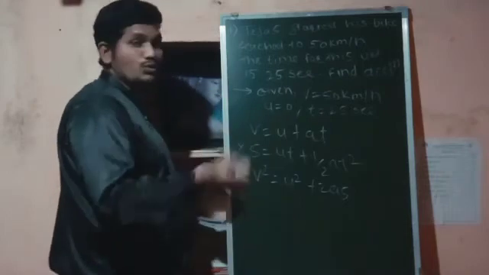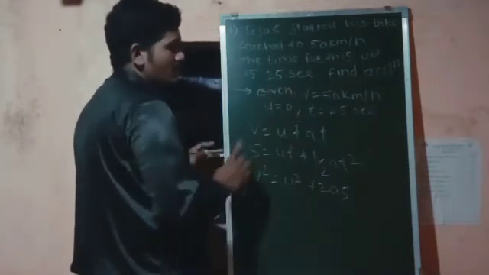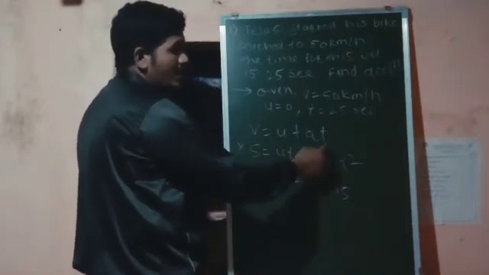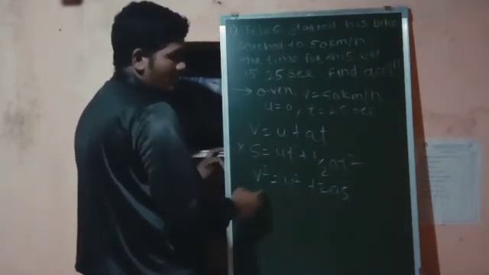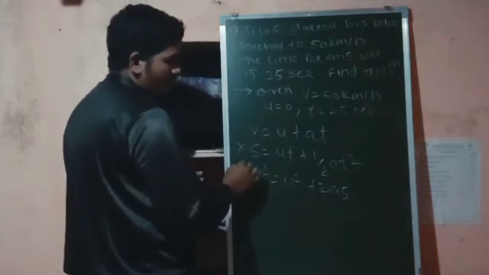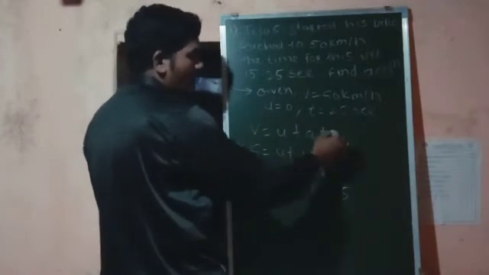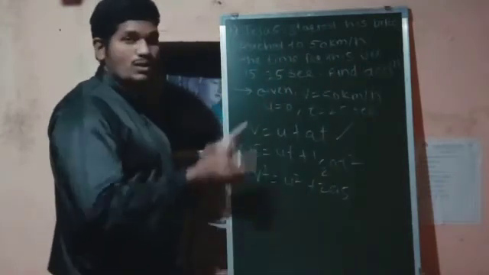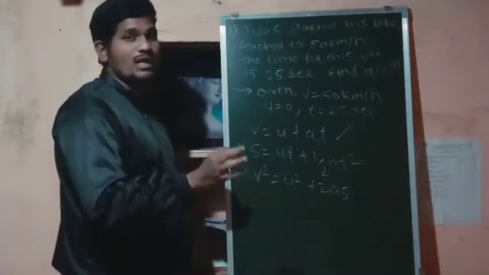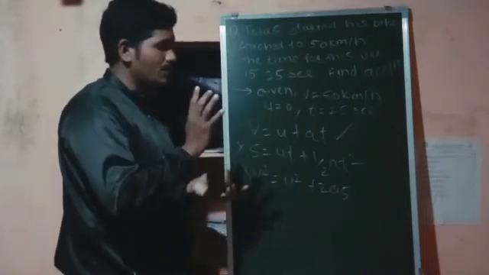Now I will move towards the time. The time is also given. Here in the first formula there is time, but in the third formula there is no time term, so this will also get cancelled. So this is the only formula we can use to solve this problem. This is how you have to select the correct formula and solve the example. So I will use this formula now.